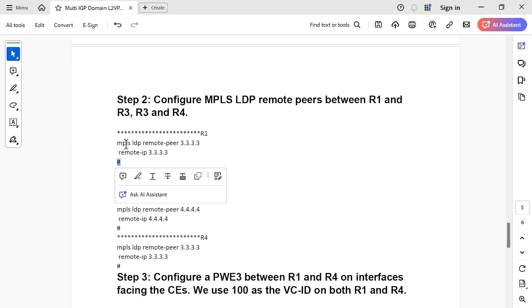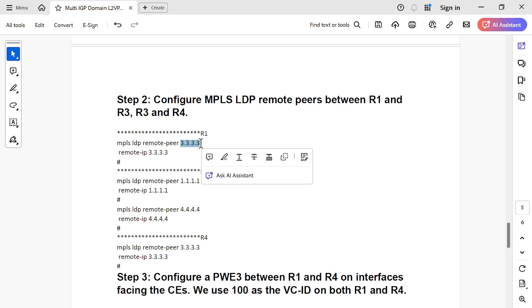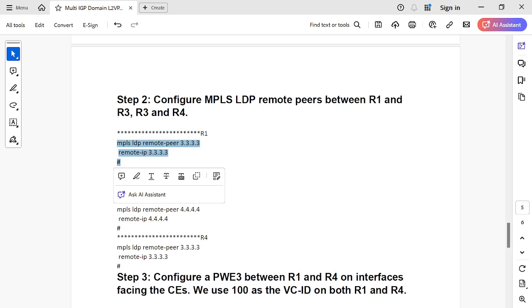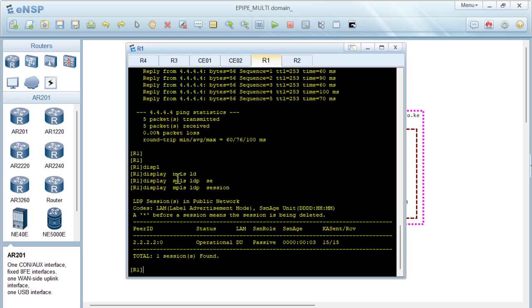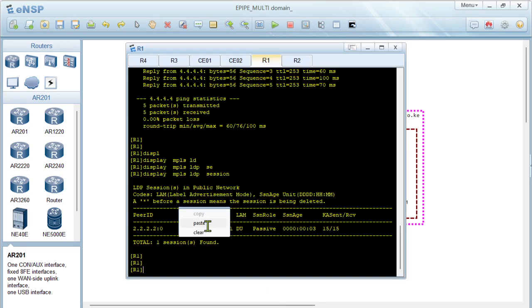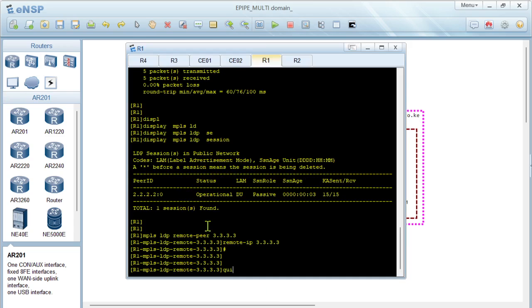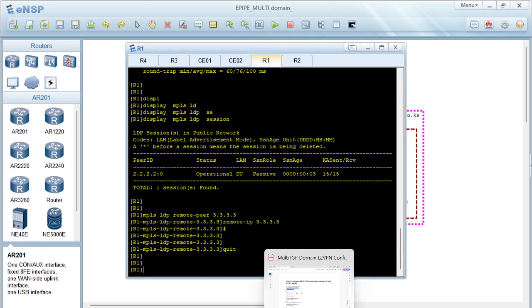So the command is MPLS LDP remote peer, and then this can be a string. This is just a name. This is just a string that you can configure, a customized string. But many times we prefer to use the loopback IP of the remote router for ease identification. So I'll copy R1. So on R1, we paste this, quit. Then we do the same for